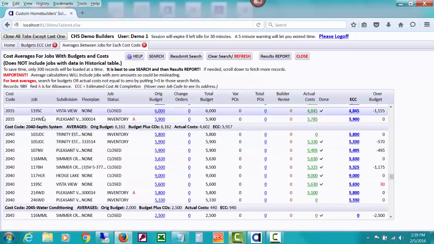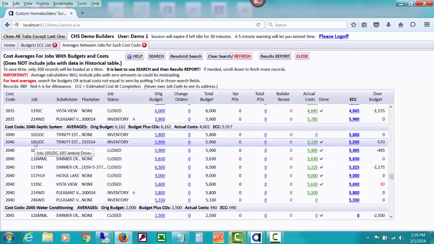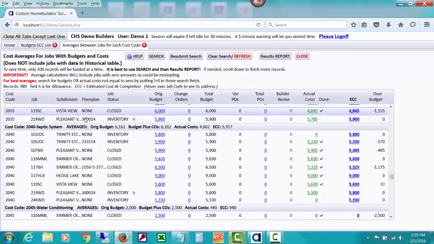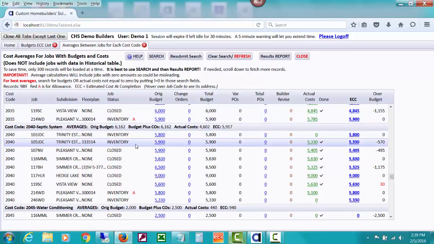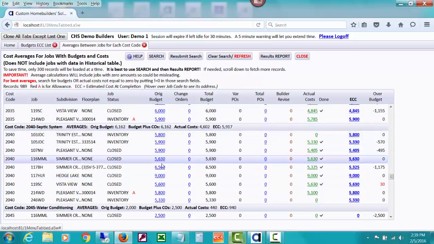You can see that I'm scrolling through the cost codes. It shows the header with the averages, and then it shows the cost code. If you hover over the job code, you'll see the full job code address. We needed space here. Subdivision, floor plan, I'm going to talk about that in a second. The job status. And here's the amount of the original budget for these various jobs, which the current average is